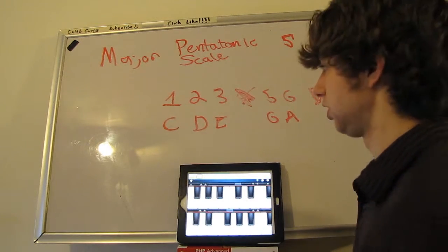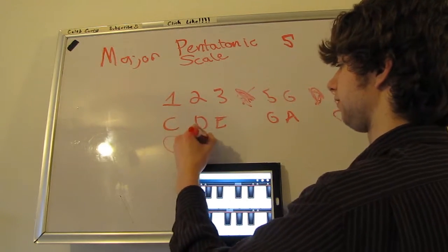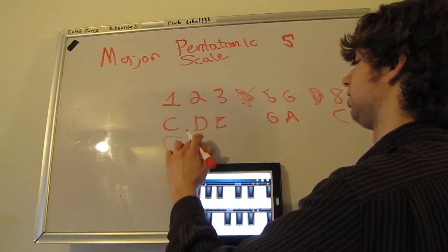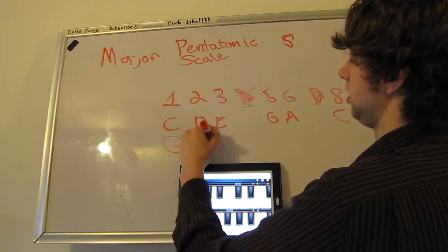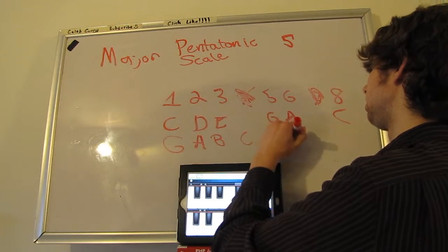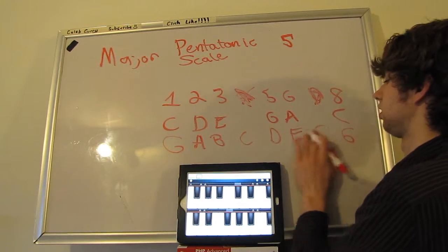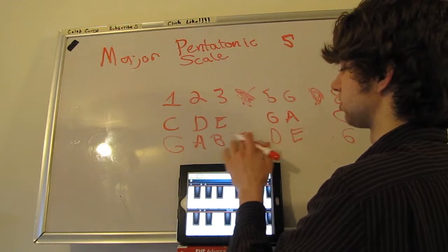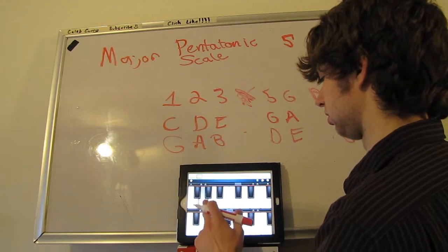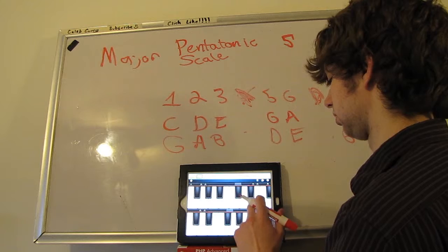So if we're in the key of G, G, A, B, C, D, E, F sharp, G. We're going to get rid of the F sharp, and we're going to get rid of the C. So now we would have